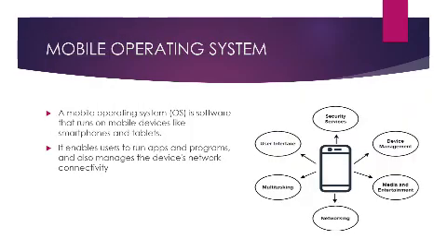Next, mobile operating system. We use mobile operating systems regularly, day by day. Most people have a smartphone or Android phone nowadays. Android is one type of OS which is most commonly installed in every mobile system. It is software that runs on mobile devices like smartphones, tablets, etc. It enables users to run apps and programs and also manages the device's network connectivity. Using the OS only, we install the apps and programs on the mobile and we can communicate